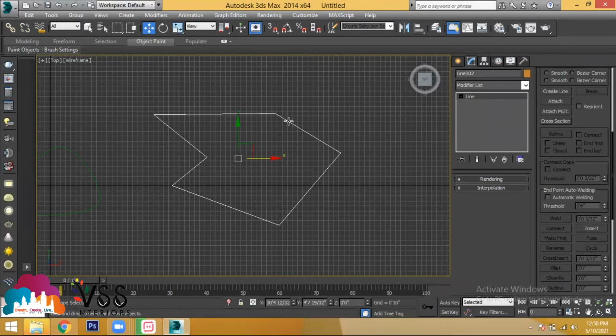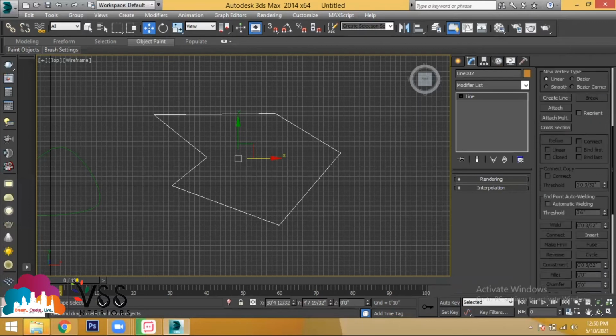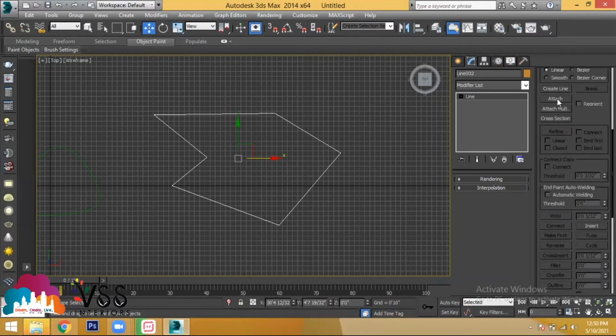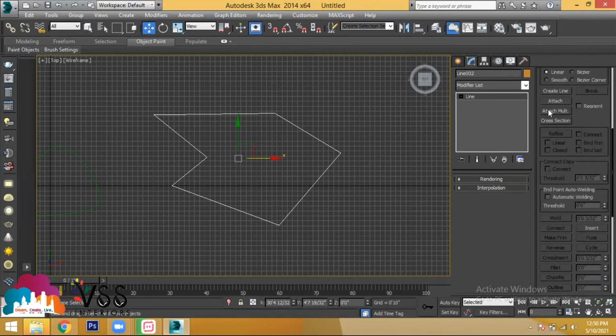Here, whatever the object you have, select the object, you find multiple modifications here, like create line, attach, multiple, cross section, and you have weld, insert, reverse, cross insert. Are these options activated? Only a few are activated, like insert, create line, and attach.